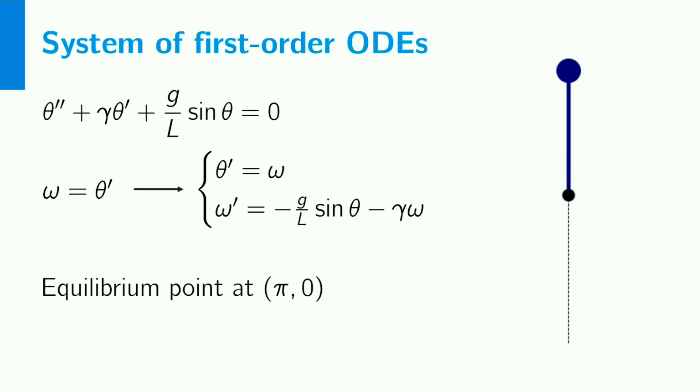Point (pi, 0) is also an equilibrium point. Then the rod stands still directly above the suspension point. This must be an unstable equilibrium. All points (k pi, 0), for k an integer number, are equilibrium points. For example, when k equals 2, the pendulum has swung once over the top and then hangs motionless.